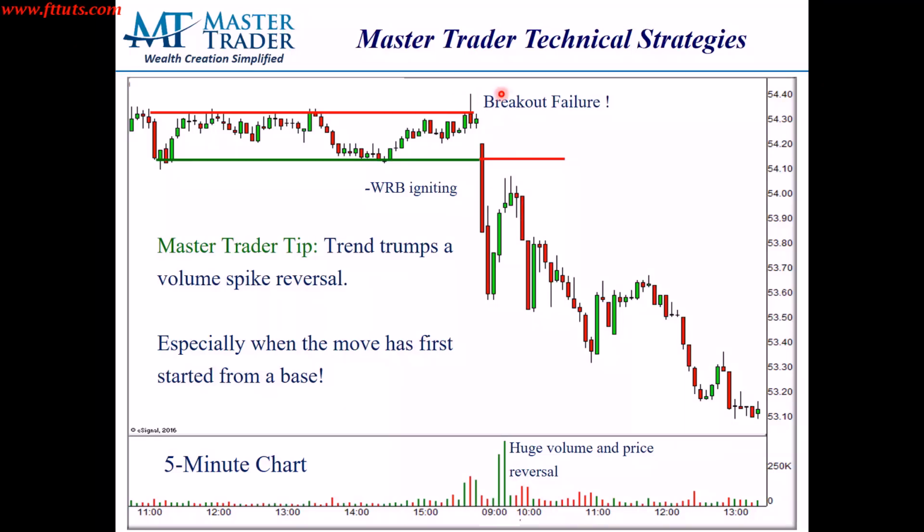The breakout failure that occurred from this base, and then the igniting bar down. So as I say, the trend trumps a volume spike reversal. So this reversal back up, looking at the volume here, I have to give the respect to price, right, versus the volume. So as it comes up into this area of resistance, and I see topping tails,